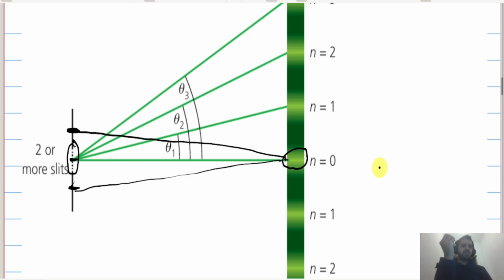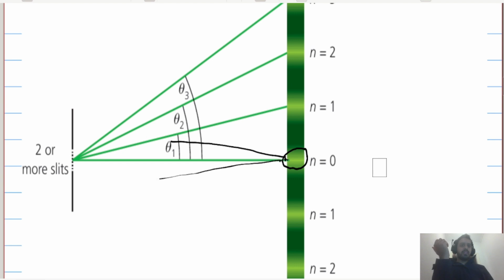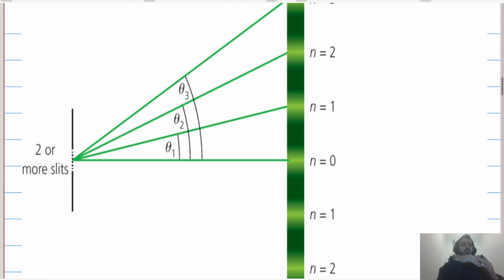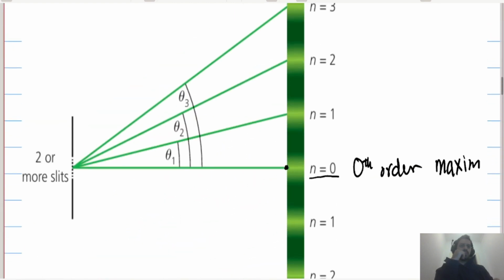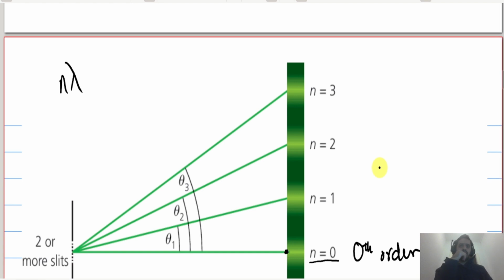Which means that the path difference between these two lights will be zero. There will be no path difference. And if you remember the previous videos, if there is no phase difference or path difference between lights, then they will always interfere constructively. Therefore, we call it zeroth order maxima. Zeroth means that in this equation, n lambda equals d sine theta,